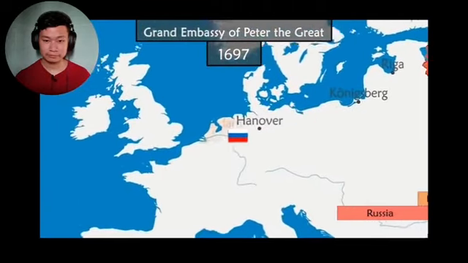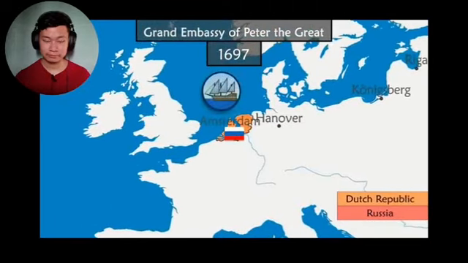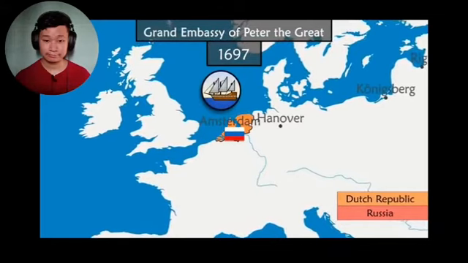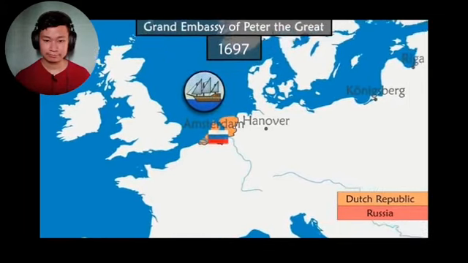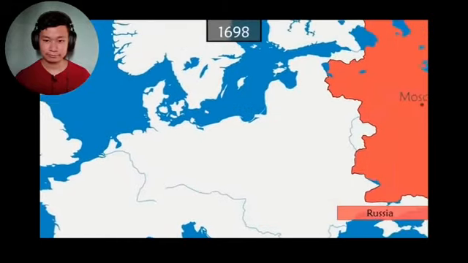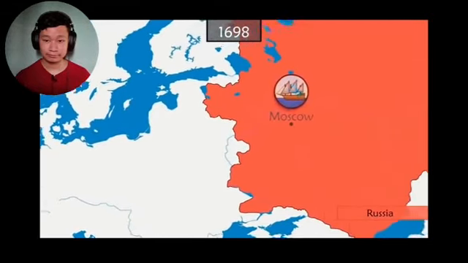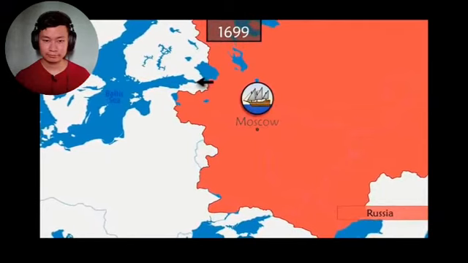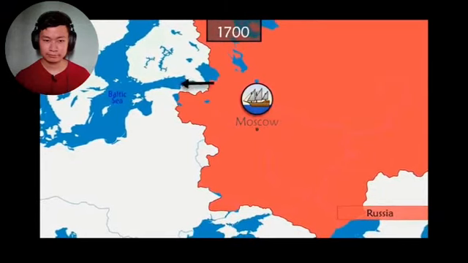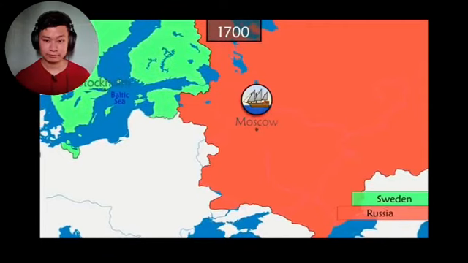European powers, especially the Dutch Republic, which is a great maritime power. The Tsar spends several months there working in the shipyards. On his return, he wants to equip his country with a modern military fleet. But to do so, he has to gain access to the Baltic Sea and thus defeat the powerful Sweden, which is blocking him.